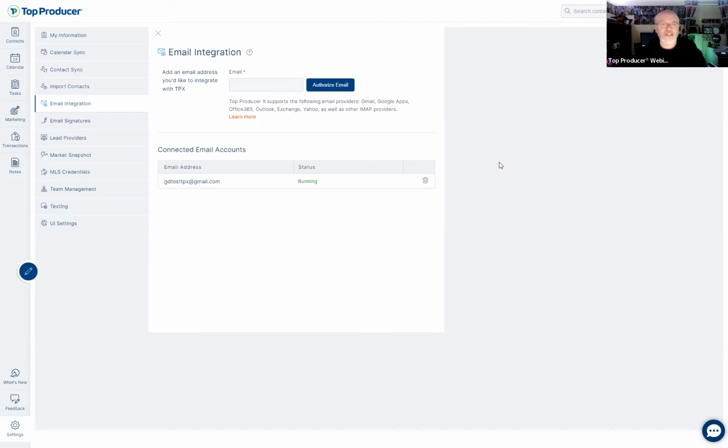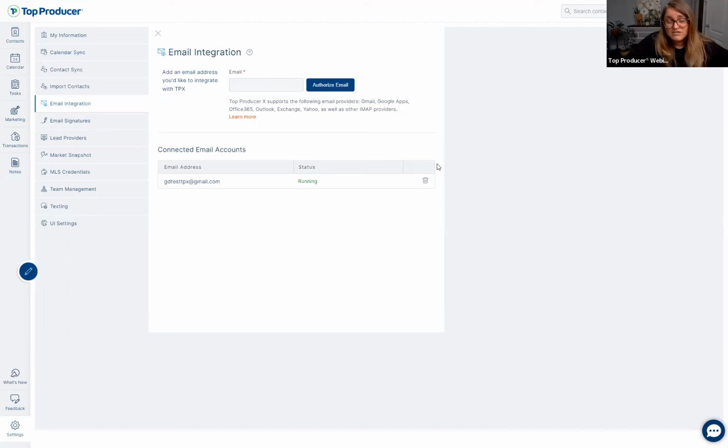So no more having to sift through all the updates on the MLS and any other updates from the office. You just need to look at your client and you'll be able to see all the emails that are associated with that. Now, with that being said as well, just make sure that when you are sending out, know the limit of how many emails you can send out a day from your email providers. So if you're with Gmail, my understanding is that if it's a free account, 500 is a limit.